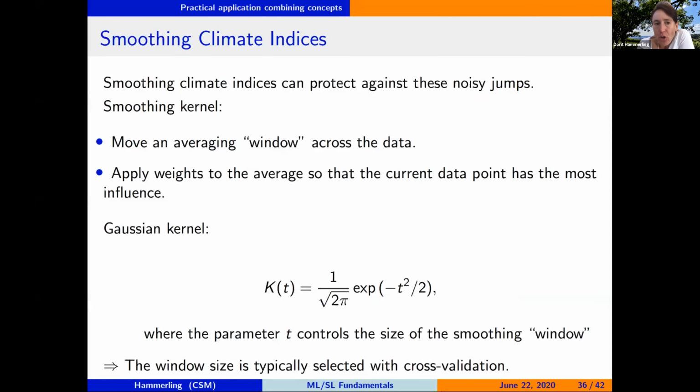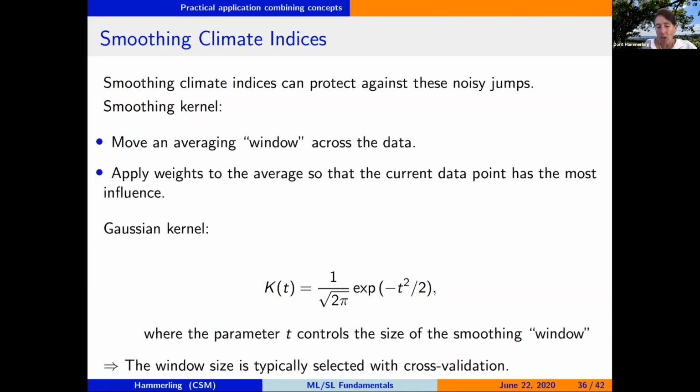So if we talk about a smoothing kernel, it is a specific form of a non-parametric model. You can think about that as an averaging moving window that you put across the data, where you put a specific kernel form. So in a uniform kernel, the kernel would look like this. In a Gaussian kernel, the kernel looks like that. The idea is always that the point we're trying to smooth is at the center and gets the most